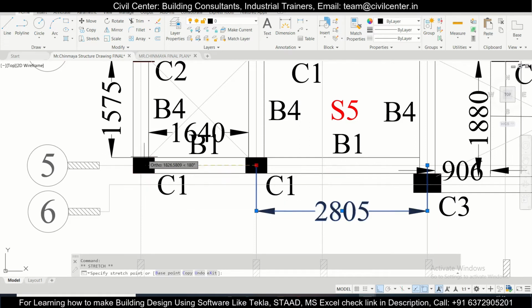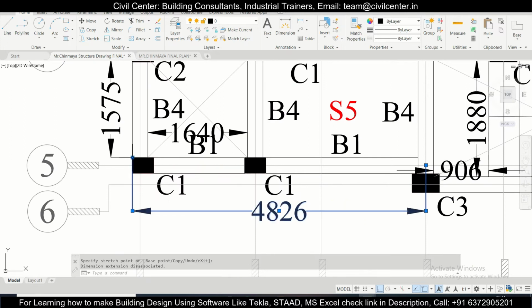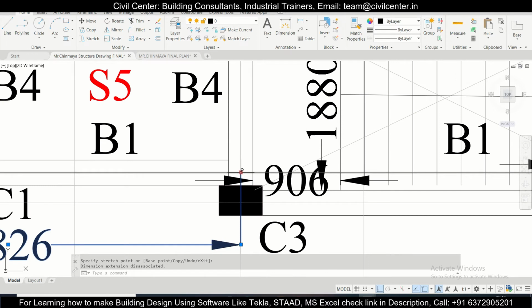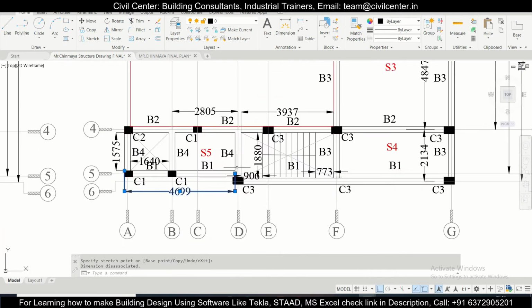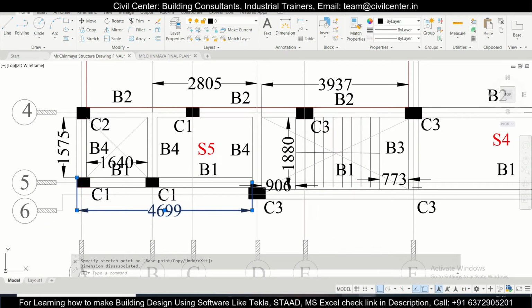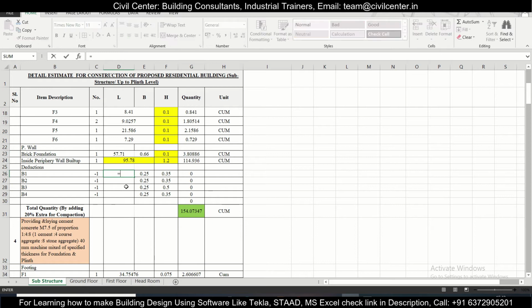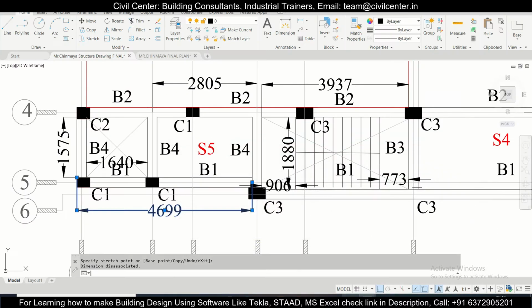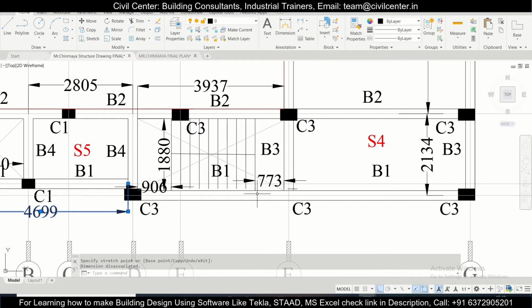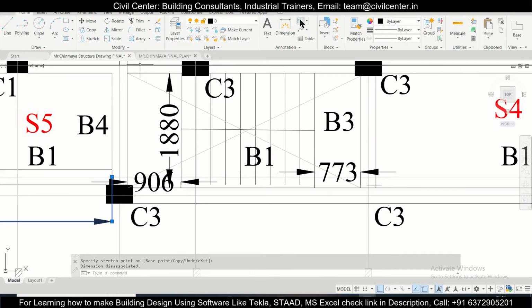So from here, let's calculate this up to this end, this B1, also this one up to this end. This is a separate one, B4. So this will be the length of B1 here. So it will be equal to, we'll just keep on adding 4.699 plus 4.699 plus, as you can see, let's see horizontally if we have any B1 or not. Okay, this one is also B1, so this one also we can calculate.